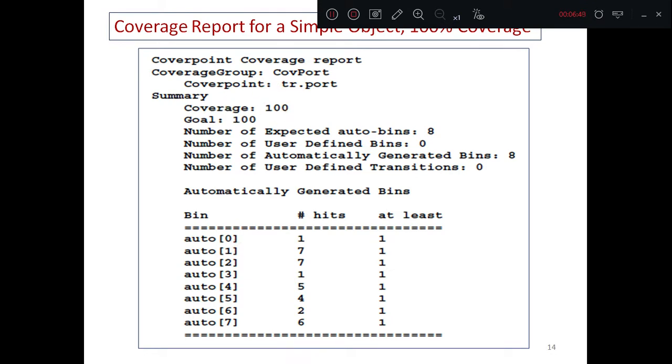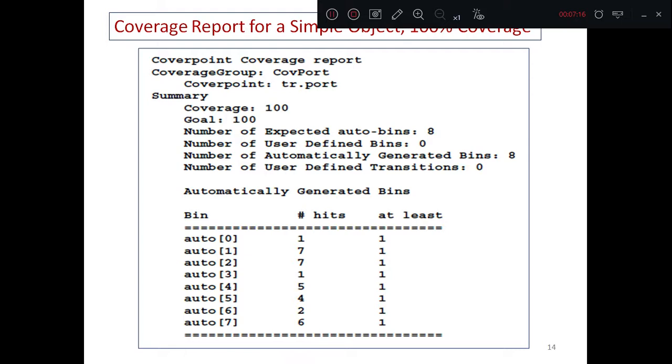So this is what you have to understand. What is coverage? What is a cover group? And what is a cover point? Coverage means we have to cover the entire functionality; the functional coverage has to be completed. A cover point is the point where the data is to be sampled, and those are to be declared into the cover group.